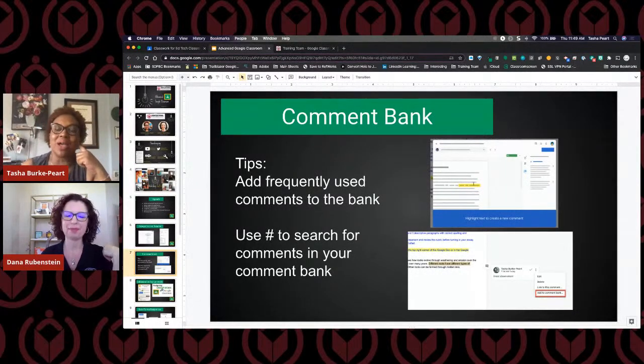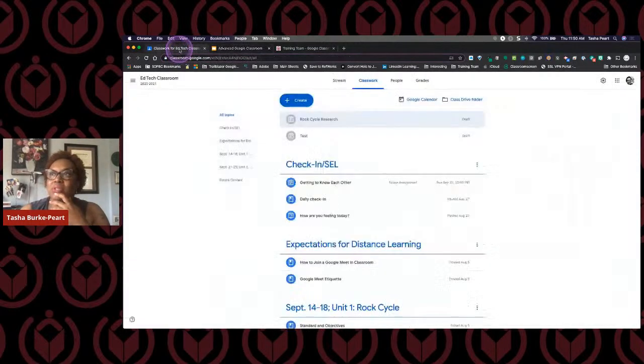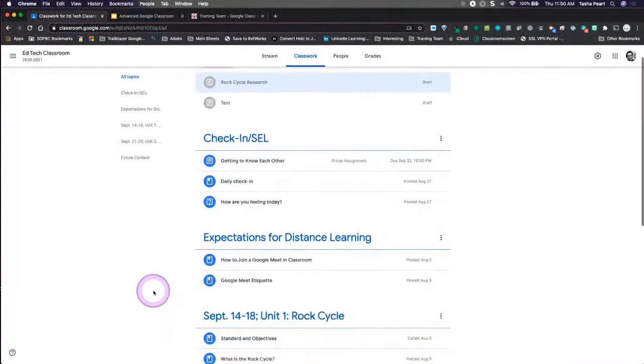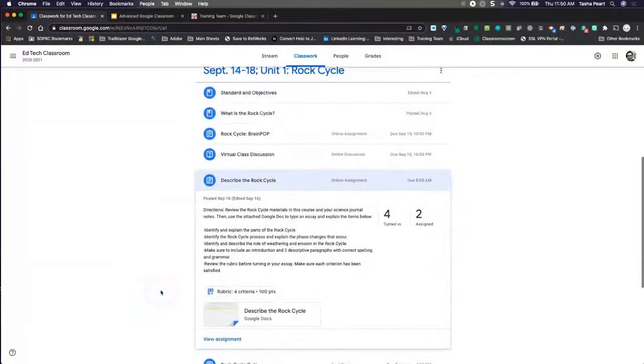The reason why I'm going to do comment bank first is because Dana showed you how easy it is to attach that rubric to the assignment and also how to grade the assignment. But there was a feature right underneath there, I don't know if you caught it, for private comments. And then there was also a hidden little comment bank. So we're going to talk about that just because it fit right in line. So I'm going to go back to the same example,